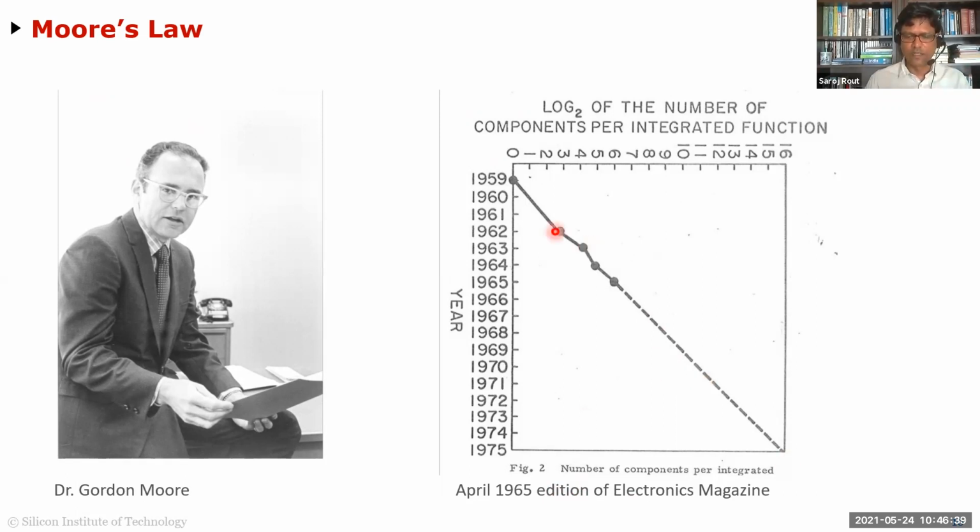So what Gordon Moore saw was, like you can see, he published this in 65. Starting from 1959 to 65, what he saw was that every year, the number of transistors going in the same chip area was doubling. So this was every year. Okay, so this was till 65. Number of